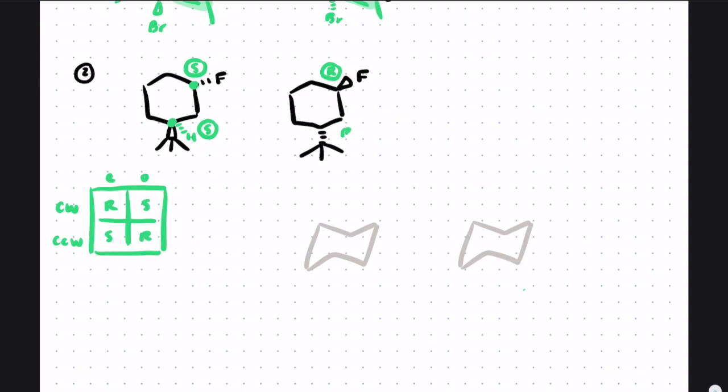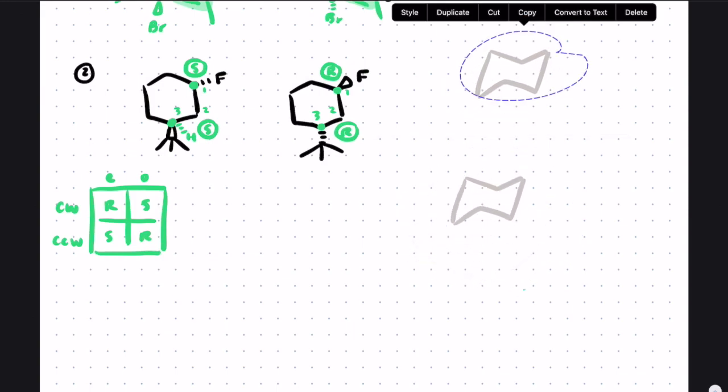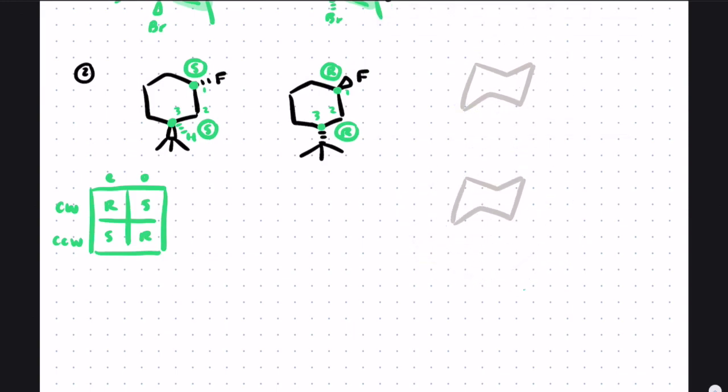So this is actually going to be our enantiomer with absolute configurations of R and R. If you don't believe me, just do the ranking yourself, but we switched both chiral centers, so it should work. So now we have 1, 2, 3. I'm going to label those carbons as 1, 2, 3, and these ones are still 1, 2, 3, even though it's the enantiomer. So the way that I would transfer the information onto these guys,